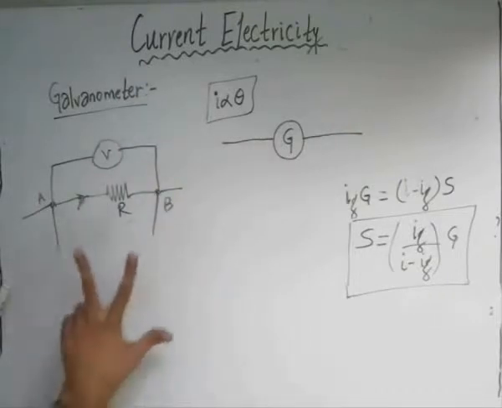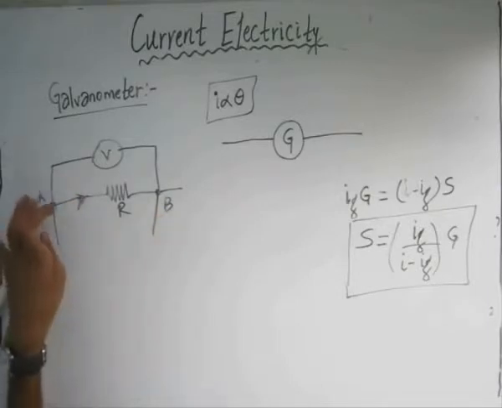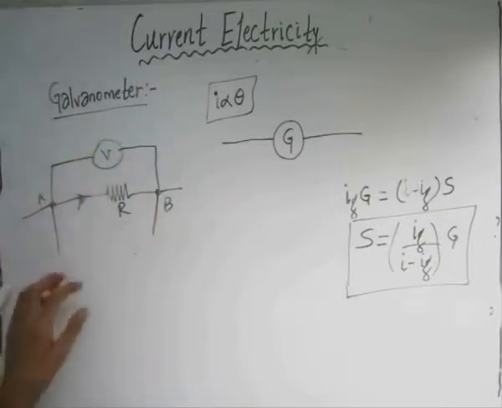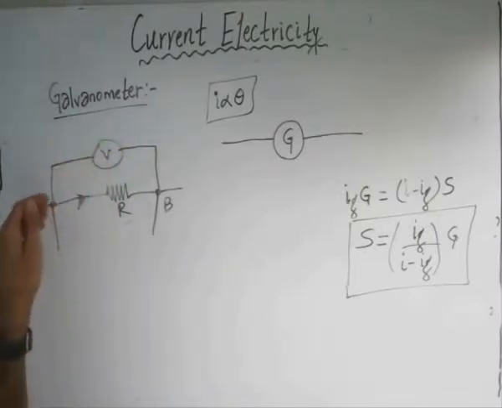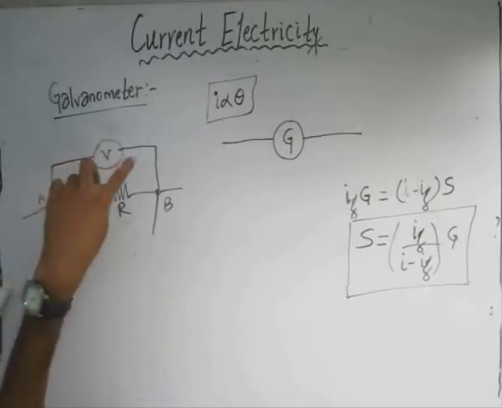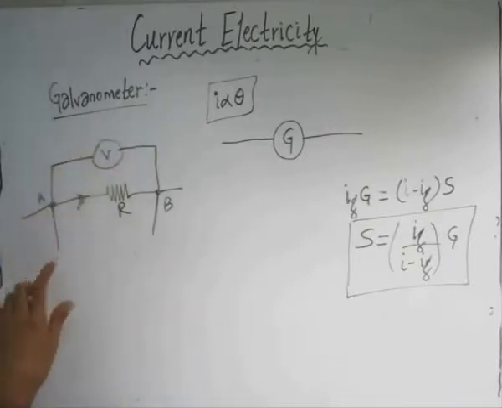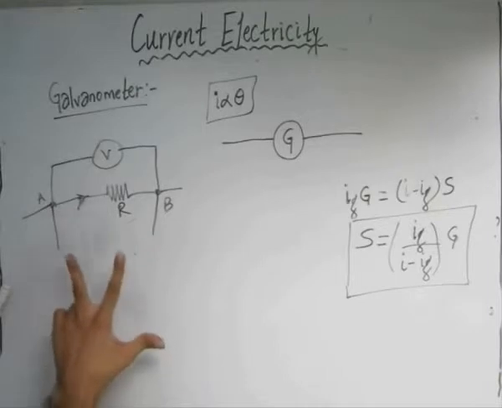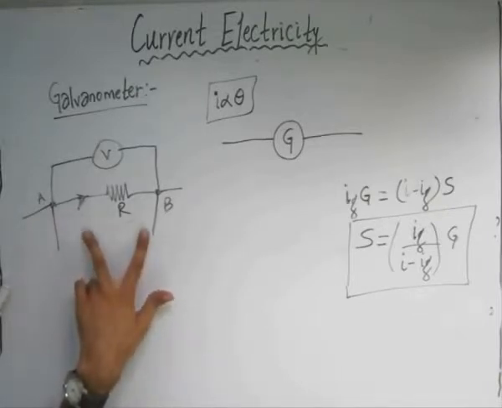Now if this voltmeter is connected in parallel to this branch, no amount of current should flow through this voltmeter. So in order that a very small amount of current passes through this voltmeter, we should have the resistance of the voltmeter as infinite. If the resistance of the voltmeter is infinite, a very small amount of current will flow through the voltmeter, and a voltmeter would give us the ideal value of the voltage. It will give us the actual value of the potential drop between the points A